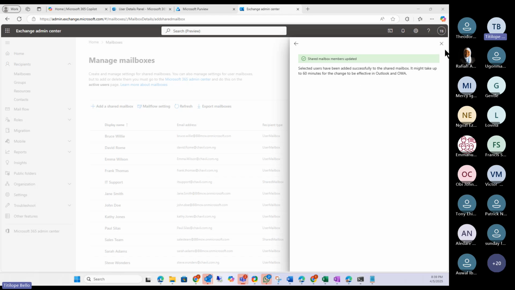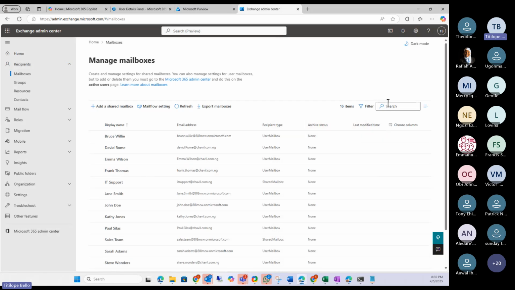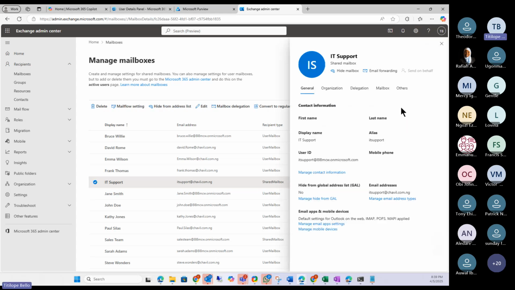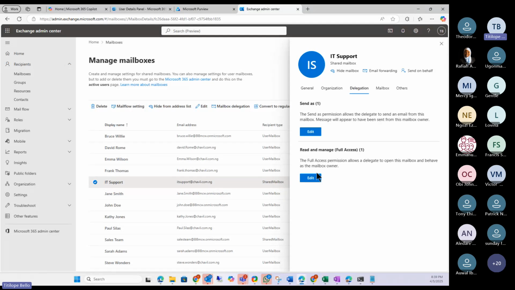So we just go back so that we can see where our shared mailbox, IT support, is. To confirm that, you go to delegation. You can see read and manage, full access. There's one, meaning one user is there. Then I can see one here. So he gave it both full access